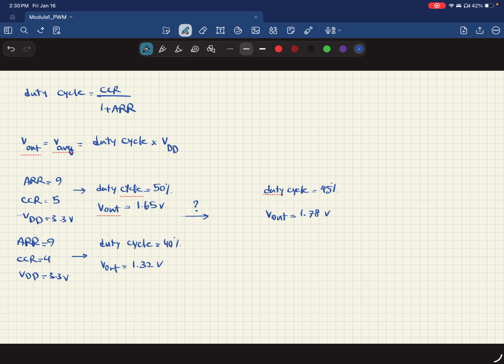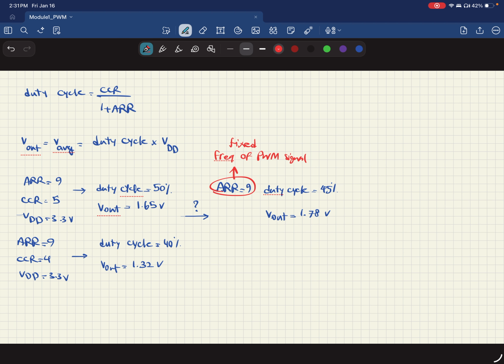Is this possible? Since ARR is fixed, and it is dictated based on the frequency of the PWM signal, then in order to change